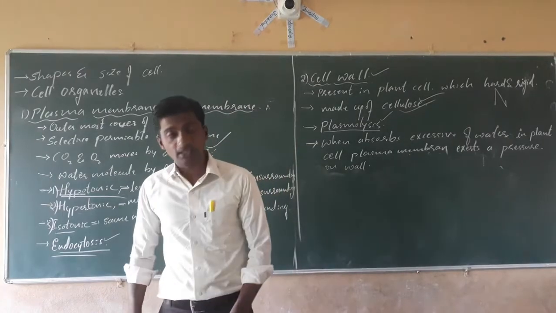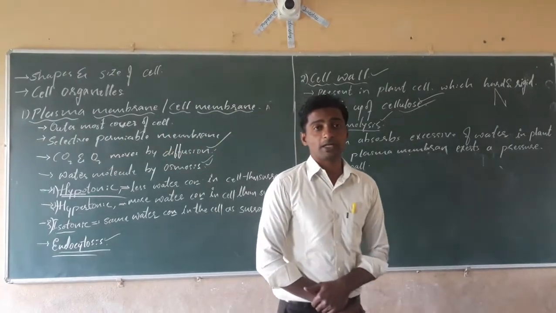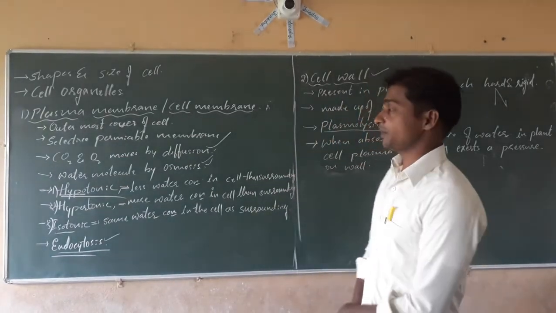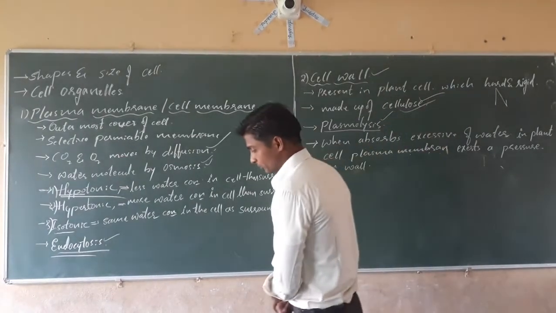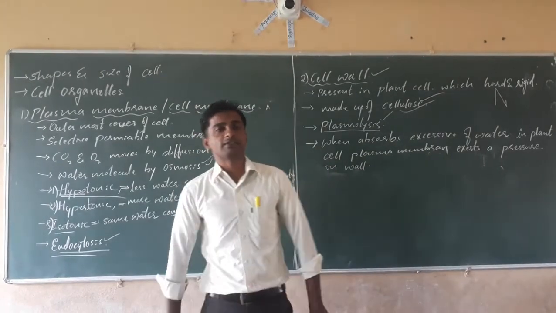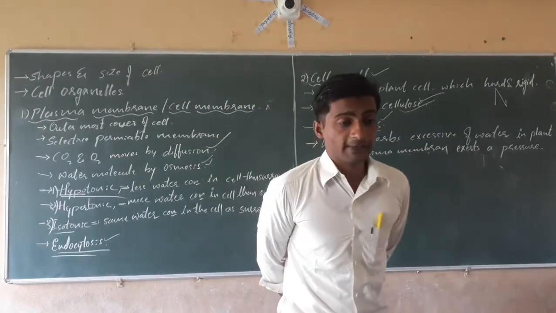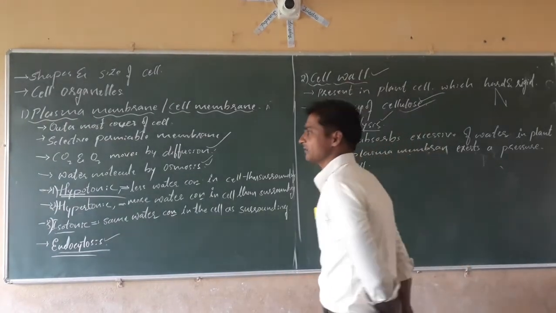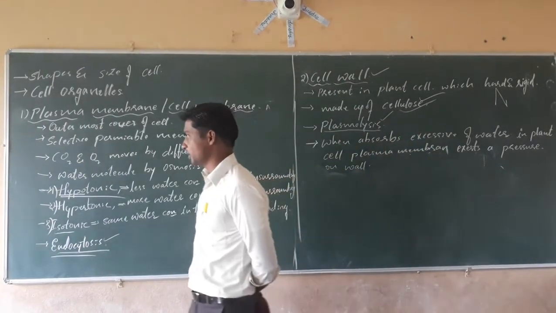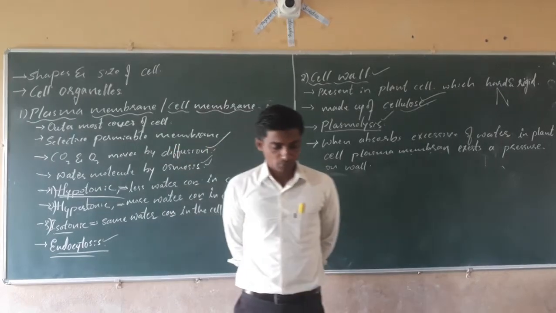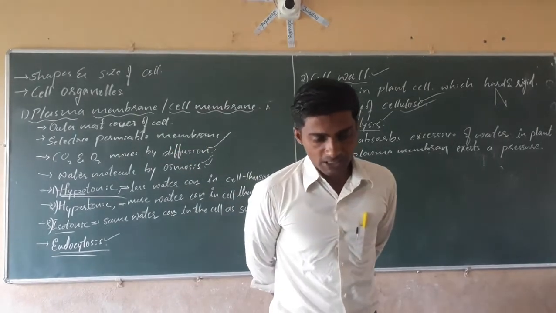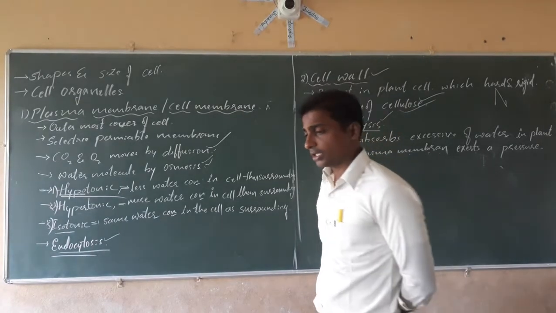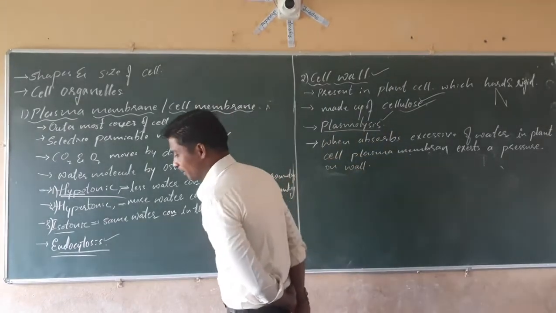Dear students, we are going to study the very first topic of biology, that is the fundamental unit of life, in which in the previous class we have studied about the cell, the meaning of cell, and the discovery of the cell. Robert Hooke discovered the cell in 1665. Then different scientists came and discovered the different components of the cells. Robert Brown discovered the nucleus. Then Camillo Golgi discovered the Golgi complex.